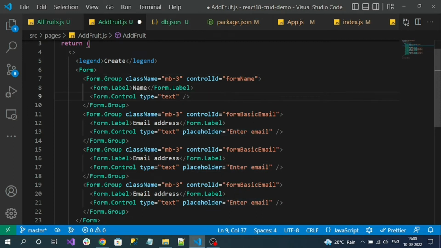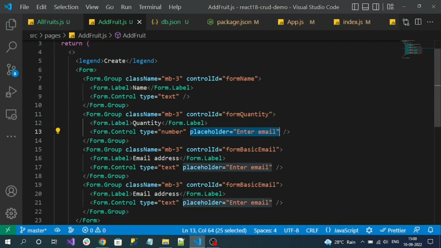And the second field, I want to enter quantity. So it will be quantity. And instead of text field, I want to read it as a number. I will take it as number and remove the placeholder,